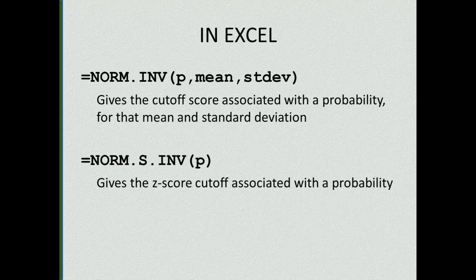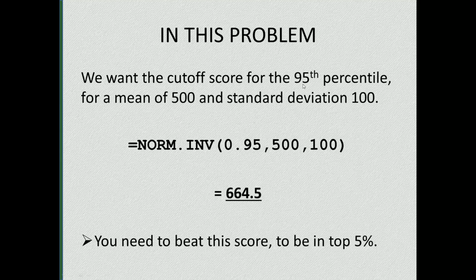In Excel, these are the inverse normal functions. We can either, once again, work with the raw data scores, give it the mean, standard deviation, and probability, or we can work with standardized scores, the z-scores, and use the standardized form of the function. In this example, our probability was 95th percentile, mean of 500, standard deviation of 100. We can find the inverse,